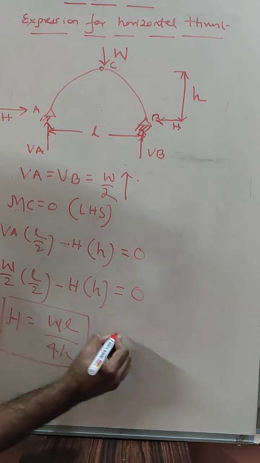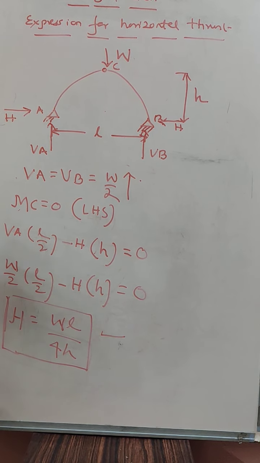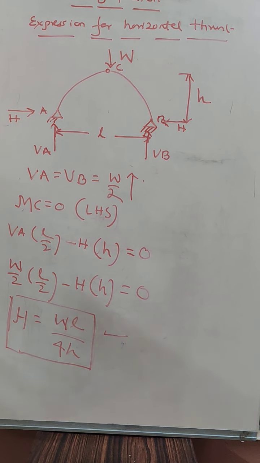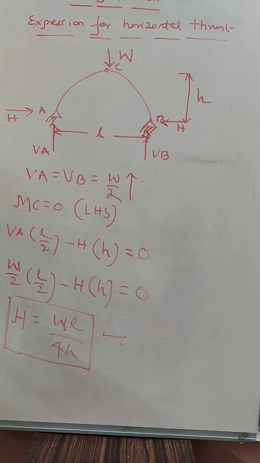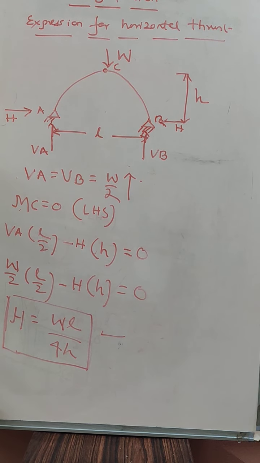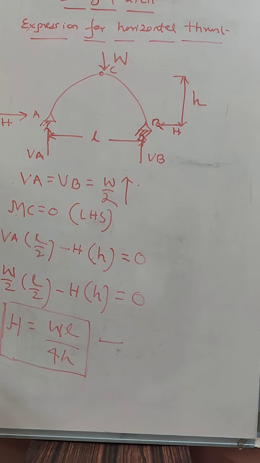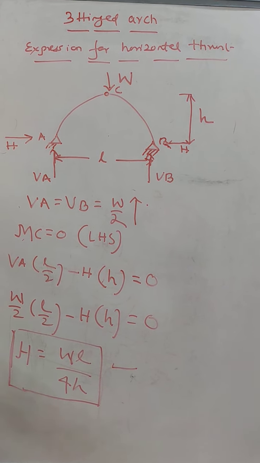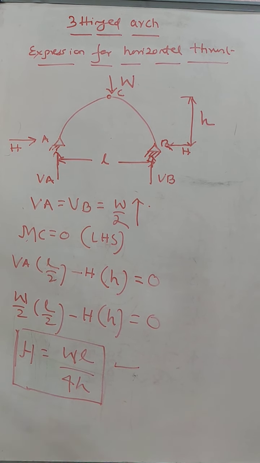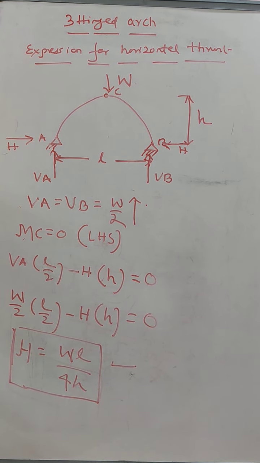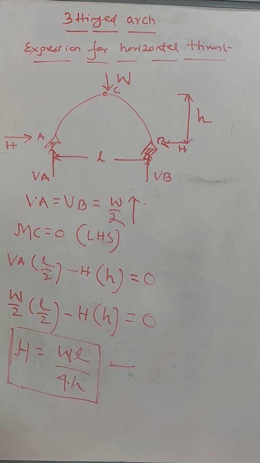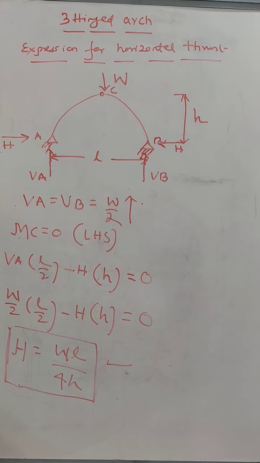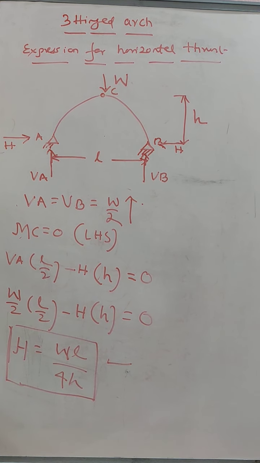We will find horizontal thrust like this when there is a series of loads acting, or a combination of UDL and concentrated loads and different kinds of loads. This is just a beginning, an explanation of how we can find the horizontal thrust, but you need to remember these two formulae, very important: horizontal thrust due to UDL and horizontal thrust due to a concentrated load at the center. So I am going to pause here. When we come back, we will have some more explanations on arches, that is on three-hinged arches. We'll pause here. Thank you.